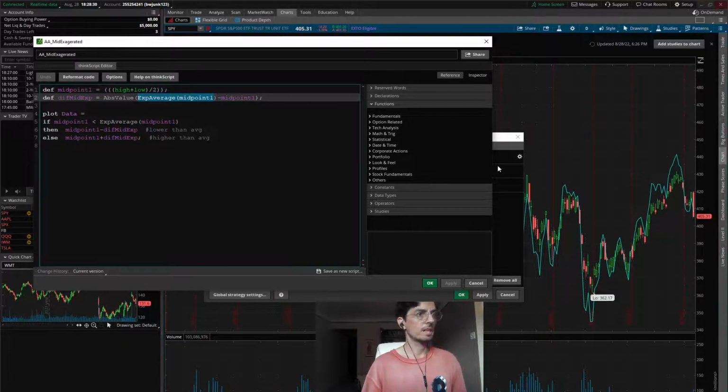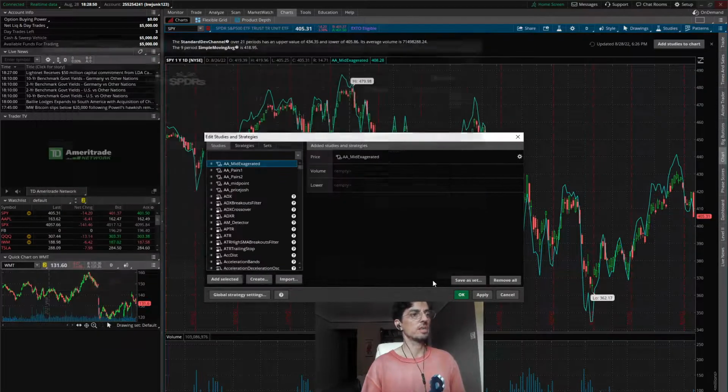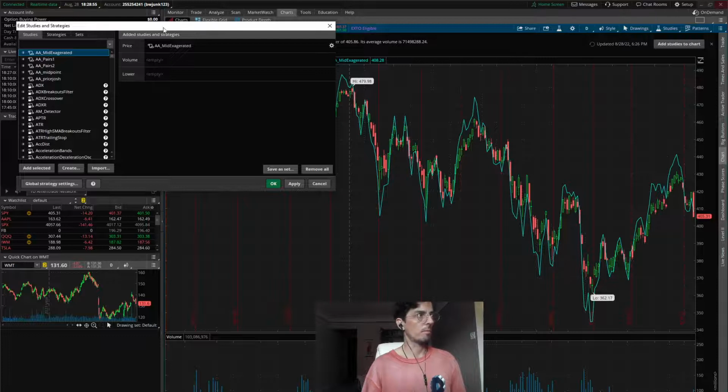We're subtracting it from that. So whatever the gap is between the two. And then if it's below the moving average, we want our line to be even lower. And if it's above, we want it to be higher. It's just an example of doing some crazy stuff. This is how you find something that no one has done before, by playing around with stuff like this.